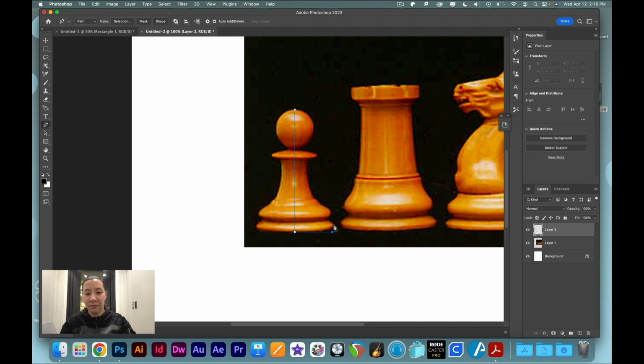And then from here, you can use curve tools to create this curve along the bottom of the pawn. So I'm going to click here and hold to try and match up the curves. It doesn't have to be perfect. And just go along the pawn to try and create a curved line along it. Like I said before, I'm just left clicking and holding to create the curved line until I get something